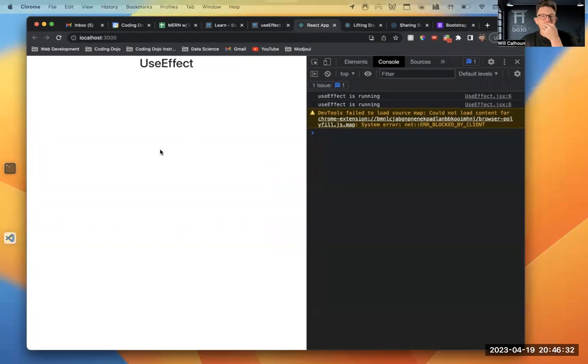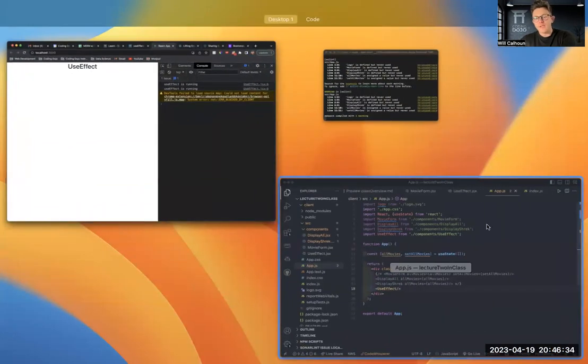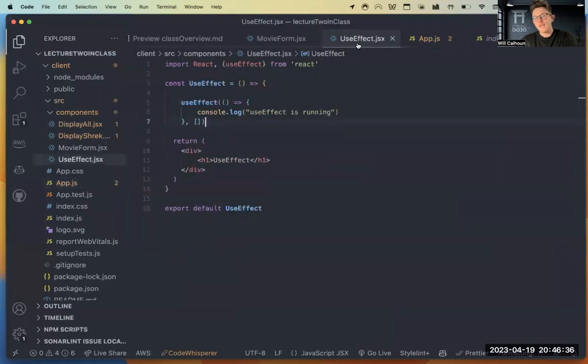But what you can see is useEffect allows us, in this moment and exactly how we've got it set up, to run once this code is mounted, right? Once this component is mounted, we're saying, hey, immediately I want you to run and do this. Why is that the case?